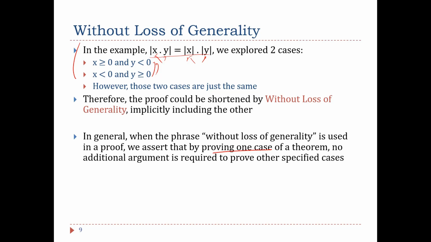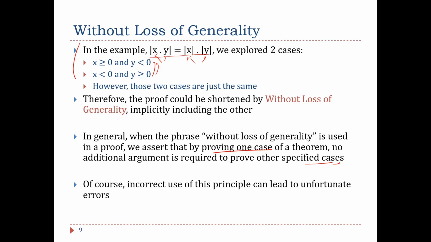No additional argument is required to prove other specified case or cases. So for one particular case, it might be sufficient that once proved, it is also considered as a proof for some other specified cases. Of course, incorrect use of this principle can lead to unfortunate errors. This could be among the famous pitfalls